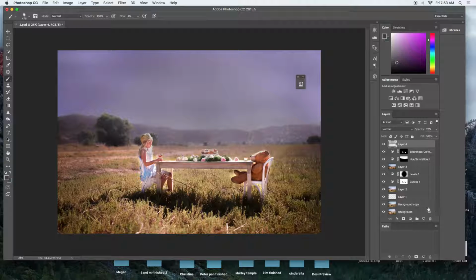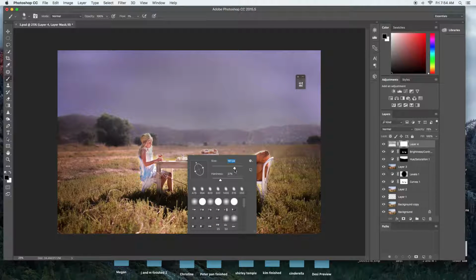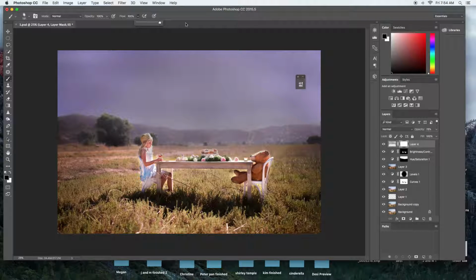And then the next thing I'm going to do is create another layer. I'm going to do this, oh wait, oops, we're going to backtrack, just kidding. The next thing I'm going to do is create a layer mask. So I'm going to come down here to the square with the dot, layer mask. I'm going to make sure I'm painting black because I want to erase all of this off her and the bear. I've got to bring my flow back up